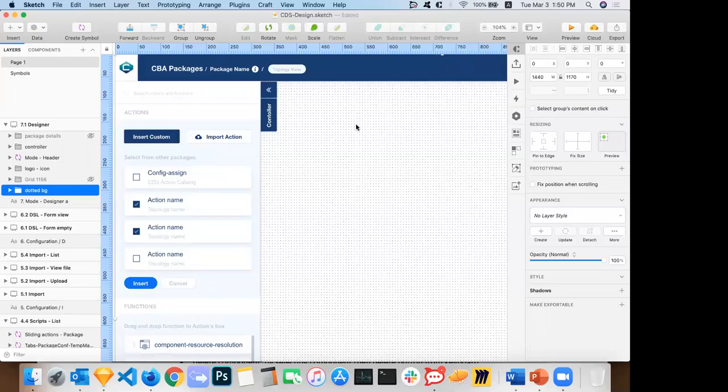Okay, so what I'm trying to indicate is that by default, you'll have one package. When you come into the designer screen, it's going to be a single package that you always point to, and that package by default is Action Catalog. Within Action Catalog, it will contain a list of action names that your user can reuse and drag and drop here. The action names are config assign, config deploy,